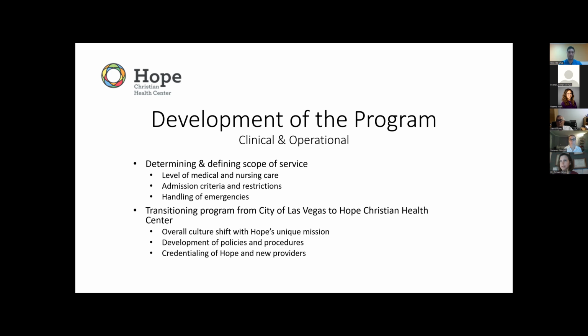and share best practices. And so using what we've learned from others and our previously established Hope policies as a springboard, Dr. Cruz has been steadily creating a foundation of policy and procedures to guide every aspect of the respite operation, as well as create the culture that we have at Hope, that everyone who works at Hope is there because they want to serve.